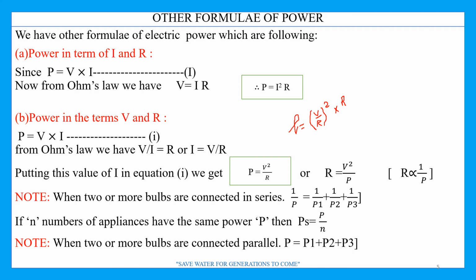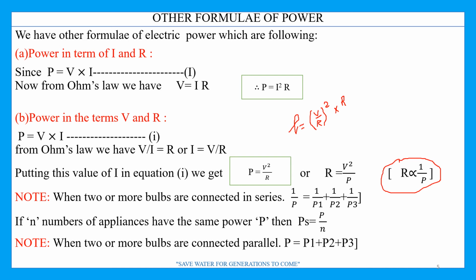If voltage is constant, and in electrical appliances at home the voltage is constant, right, then R is inversely proportional to power. This is a very important formula. Some numericals you can solve without going for mathematical application, without using mathematics. It is very important for solving multiple choice questions in competitive exams. We shall be discussing numericals in the last session. So R is inversely proportional to P, the condition being that V is constant.